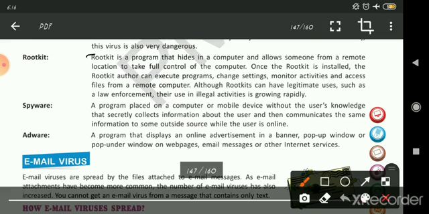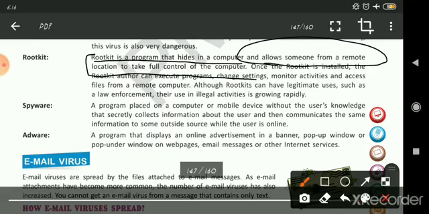It hides in a computer and allows someone from another location to control your computer or have full access to it. Once the rootkit is installed, the rootkit author can execute programs, change settings, monitor activities, and access files from a remote computer.